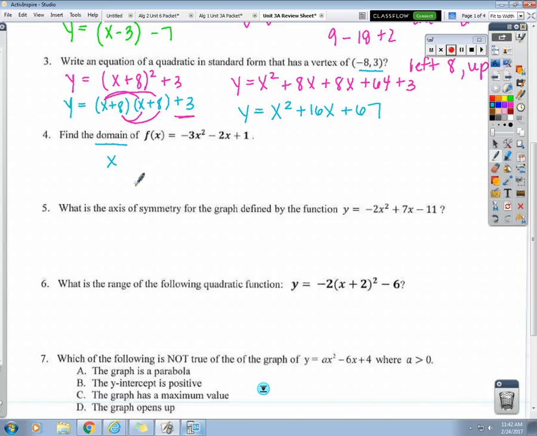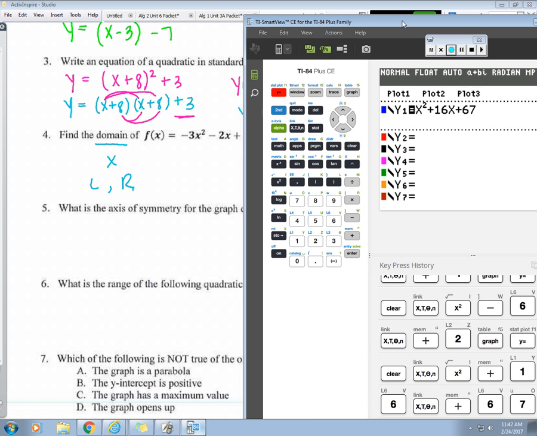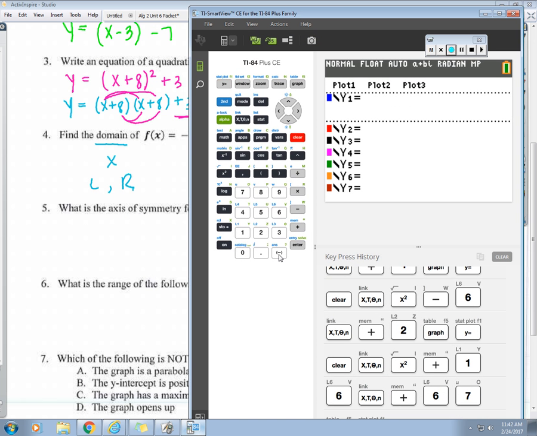Left or right? Left. You always go from the negative side to the positive side. So you'll write the left and then the right. Okay, well, to be able to do that, don't we kind of need to see a picture of this, a graph of this? So y equals negative 3x squared